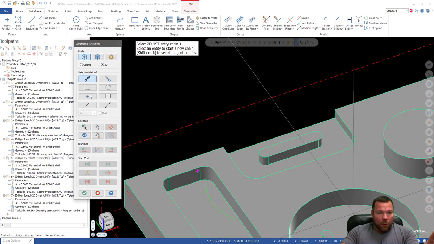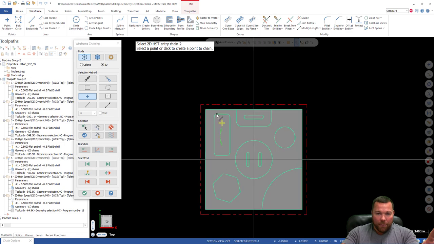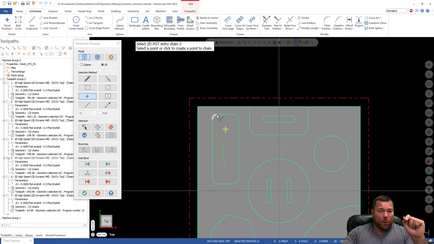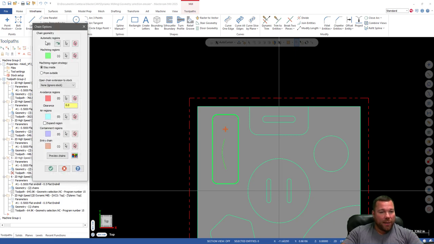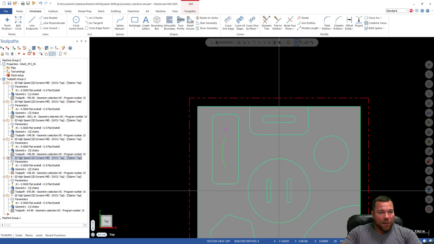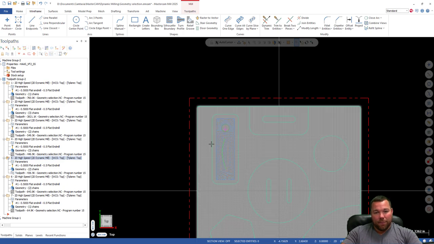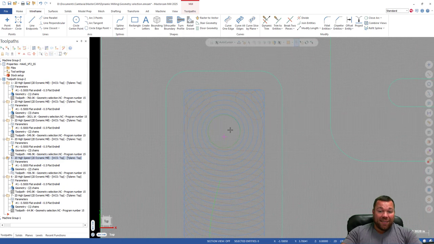So first and foremost, let's go ahead and select a point. So let's select this point. If I look at this from top, I'm just going to tell it, okay, I either want to plunge at this point or I want a helix on this point. So I'm going to go ahead and hit check, and I'm going to go ahead and hit check again. I'm going to regenerate that. Okay, so you can notice that it's not actually centered on that point, right? That's because